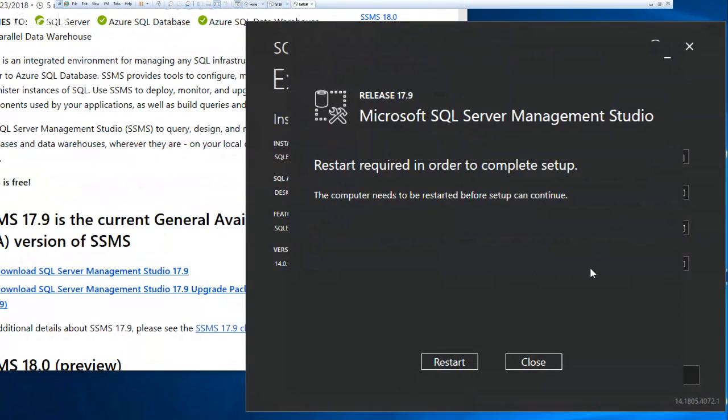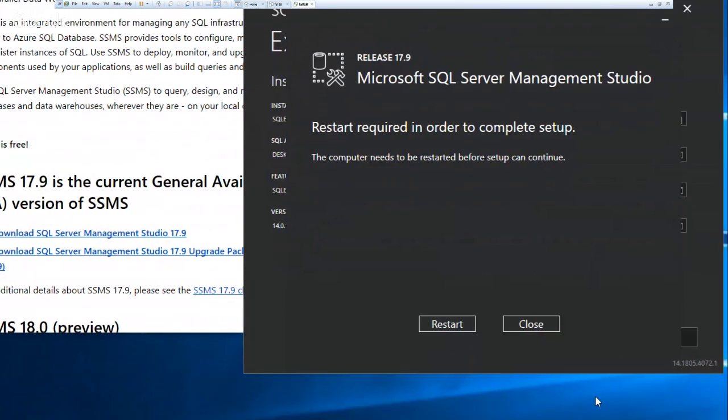Oh shoot. So I'm going to have to restart. See this where it says restart? If it doesn't say restart, that's great. And I do not know why some say restart and some say don't. But for me, I'm going to have to restart, and then I'm going to have to download it again because